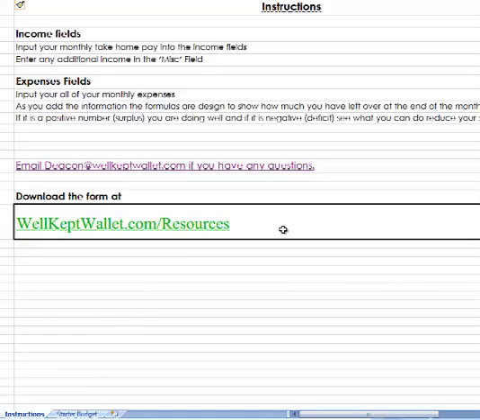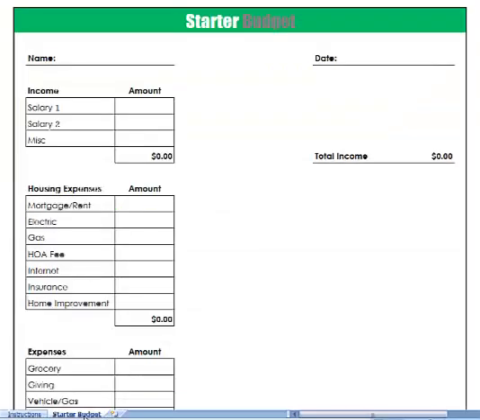wellkeptwallet.com/resources. You can see the address here. And under that page, there's a form section where you can download this for free and get started. So let's begin. Right now, I've clicked on the Starter Budget tab in the Excel spreadsheet, and we're